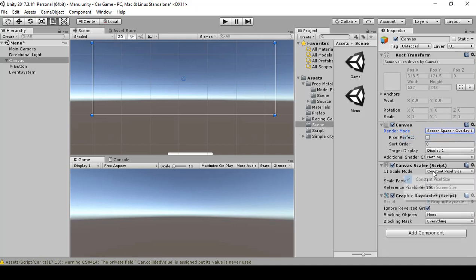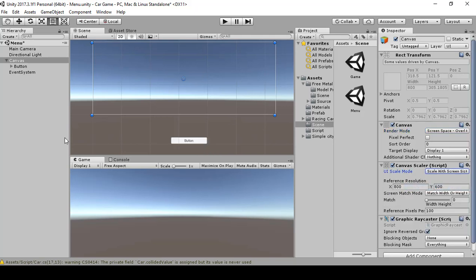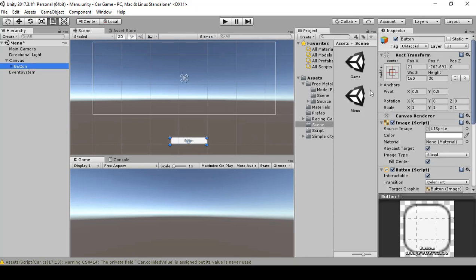I'm sorry, we go to Canvas Scaler, Scale with Screen Size. All right. And then from the button, select the button, and we're going to bring it into the UI. So use the cross right here, bring it in,